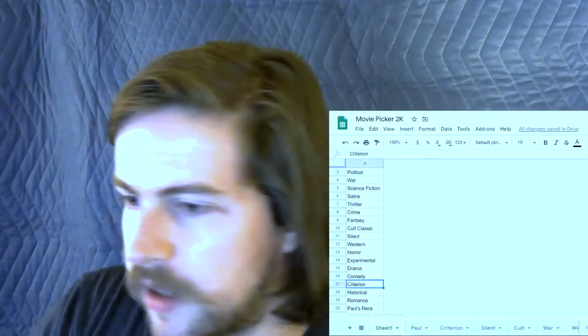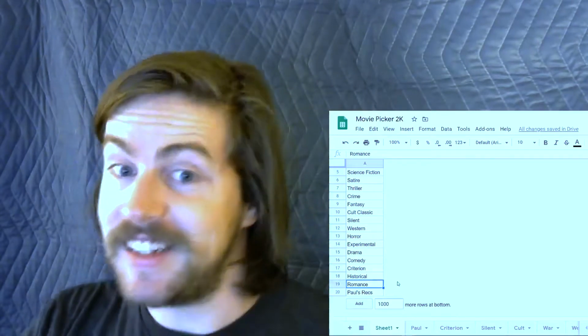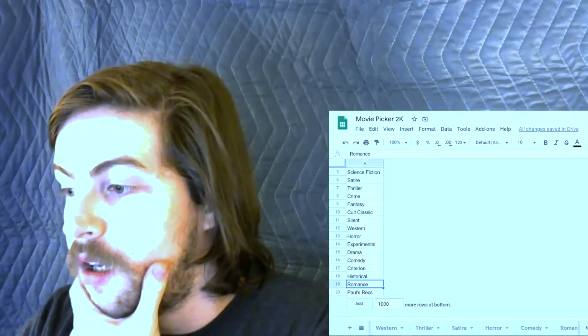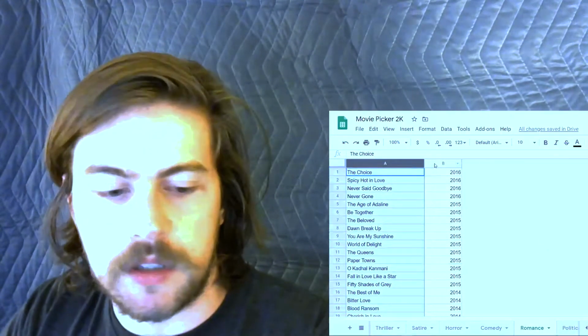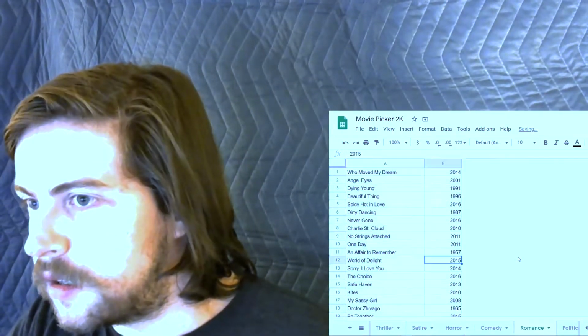It's 19. Look on here is romance, which is the list I think I least wanted to get. So that's how you know this is not a setup. So again, I'm just going to select these. Randomize this. Let's roll the big boy. My parents are sleeping, so I'm worried that if I roll this, it'll wake them up, but...